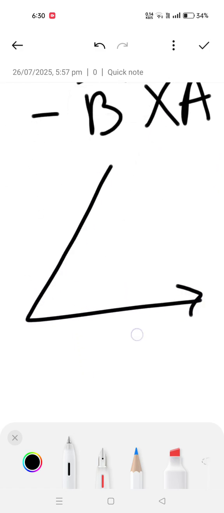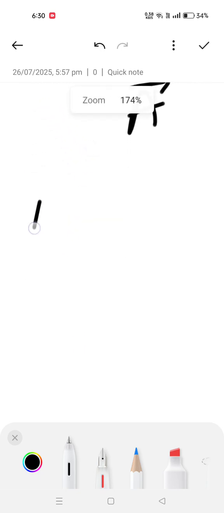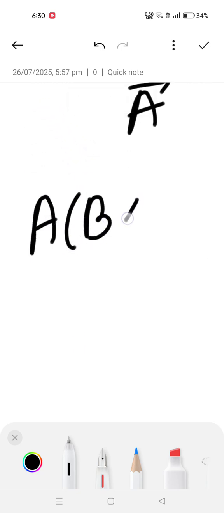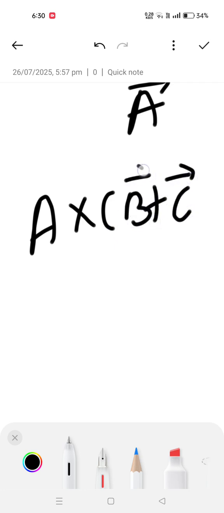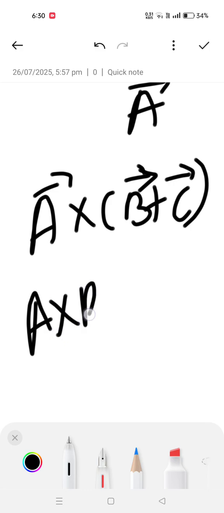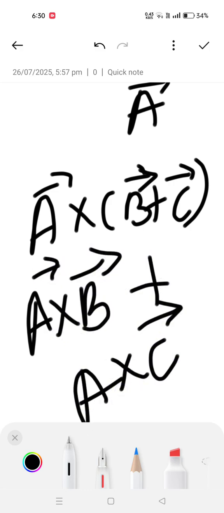ये दोनों सपोजिंगली ये वेक्टर A है और ये वेक्टर B है. सिमिलरली A cross B vector plus C vector, ये भी वेक्टर है, तो ये क्या हो जाएगा, A cross B vector plus A cross C vector. ठीक है,